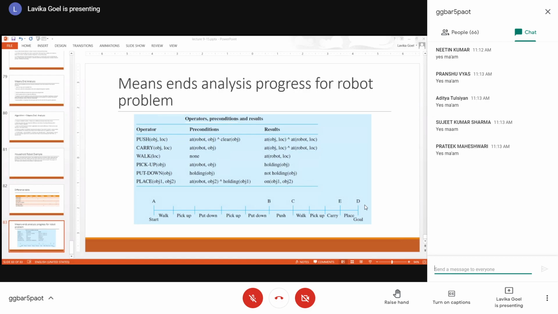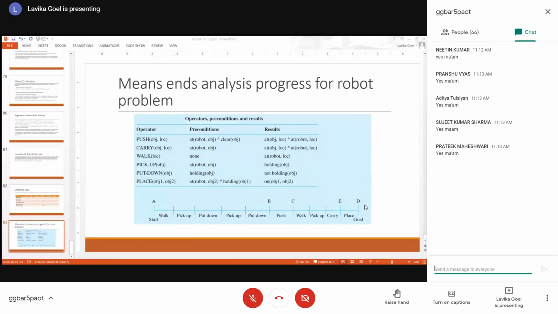empty. So which operators will you apply to make the table empty? There are two things on the table, right? You have to remove the things. And the robot might not be able to remove those two things in one go, because they might be at different places on the table, right? If the robot is picking one thing, then its arm is not empty. So first of all, it has to put down that one thing. Then another thing it has to pick up, and then put down, right?